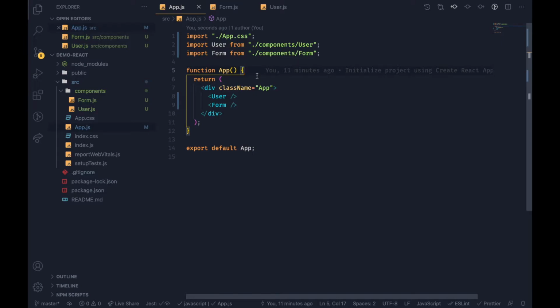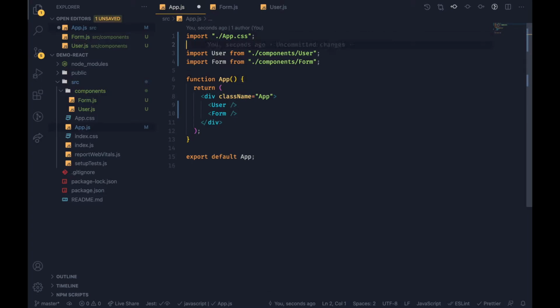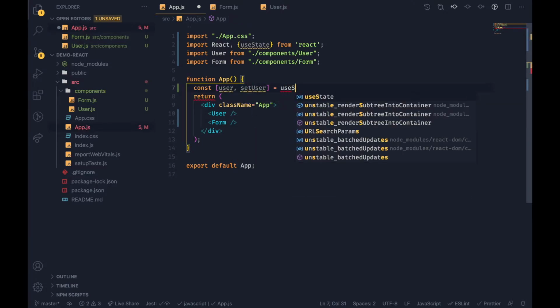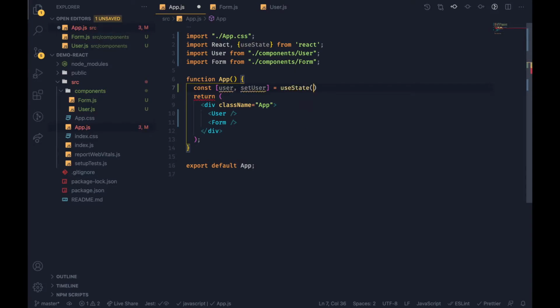state in both places. So to do that, I'm just going to import React here just for simplicity's sake, and we're going to access the hook useState. And then here we're going to reference user and setUser from useState, and we will have undefined default state at the moment. So don't worry if you don't know what this is, just bear in mind that